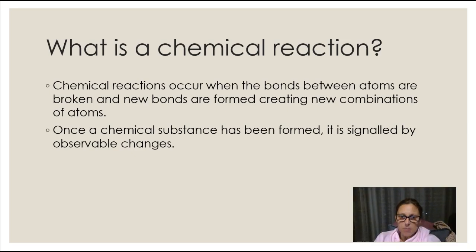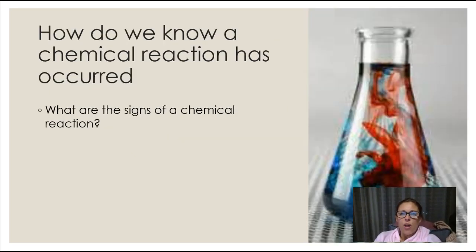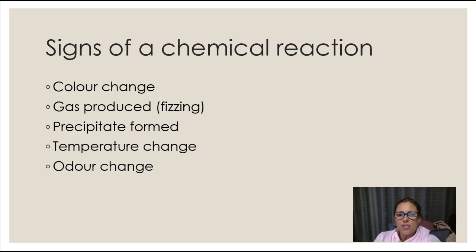You would have already done an experiment in class looking at different types of reactions and some of those changes that may have been evident. So what are those signs? You should have noticed that a colour change occurred. A gas may have been produced, and you may have seen that in the form of fizzing. You may have seen a precipitate form. A precipitate is that insoluble solid that falls out of a solution. We may have seen that the temperature changed, rise or fall, and you may or may not have noticed an